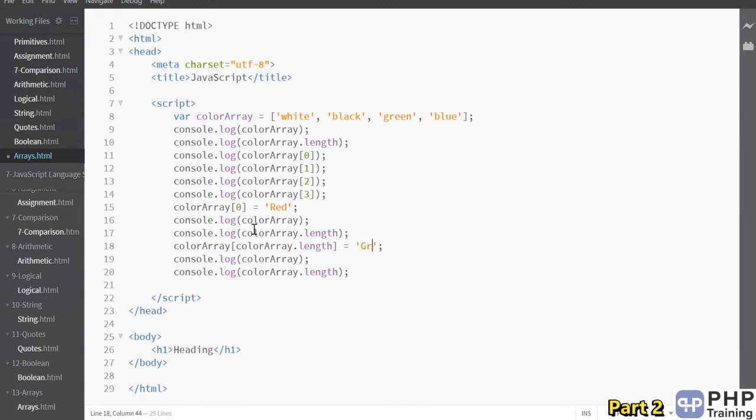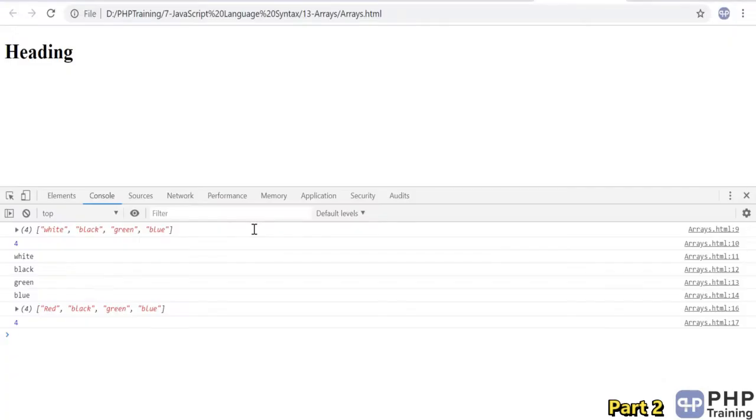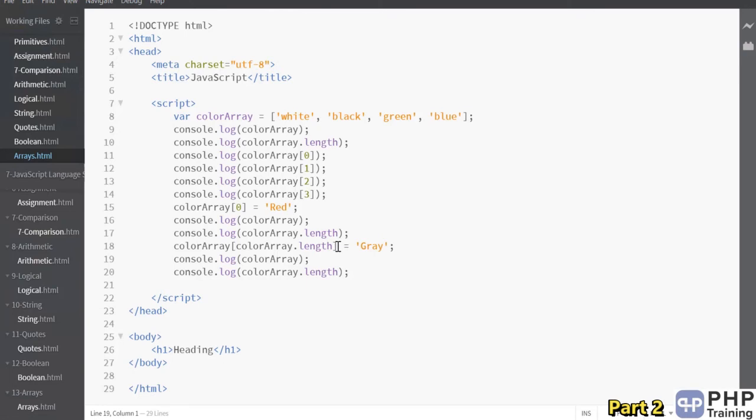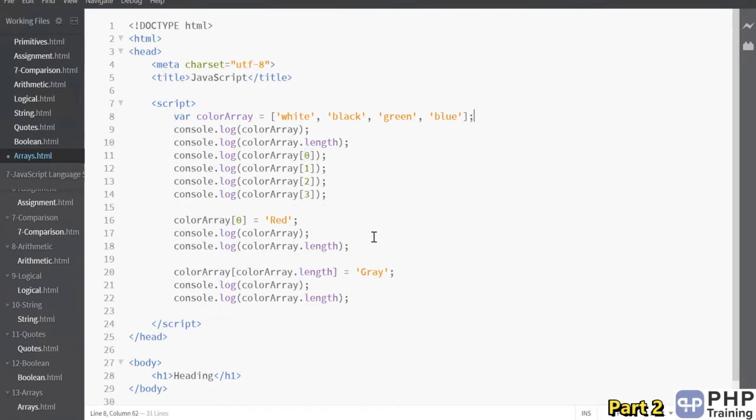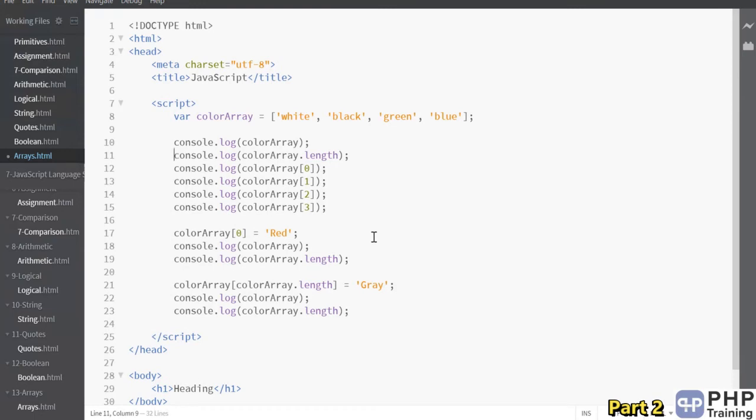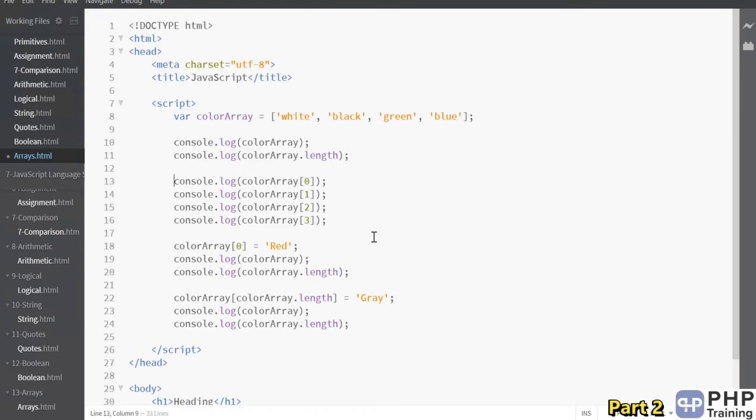Say gray, right? Now you have gray in the array. Okay, so this length always starts with 1, so the length will be 4, and the array index starts with 0. Okay, so we have seen how to create an array, how to access the array length, how to access